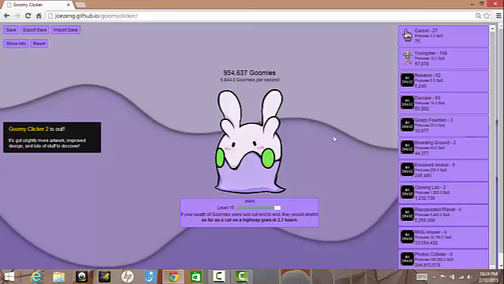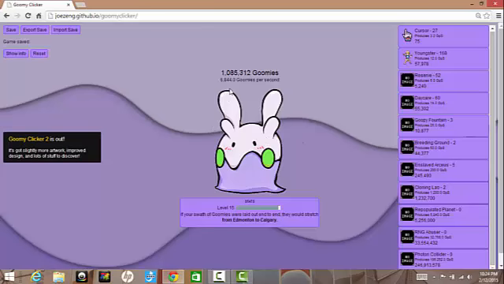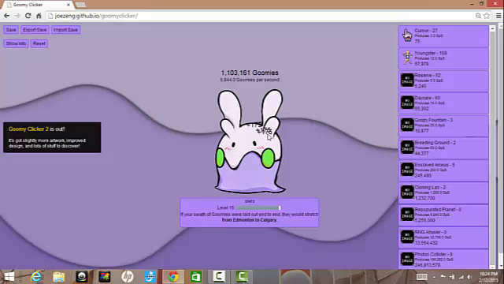I wasn't making more than what I was spending, but now that I have 60 daycares at 14 goomies per second, I have 6,844 goomies per second. It's a lot of goomies, guys. I think I might get a few more enslaved Arceuses, and I can. That's okay. I'm getting 7,644 per...